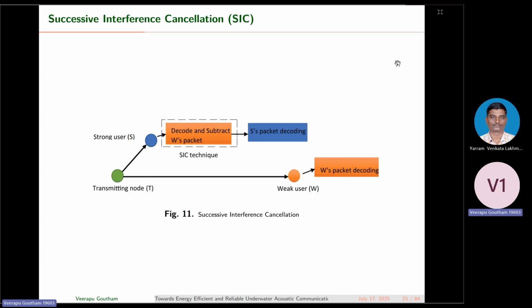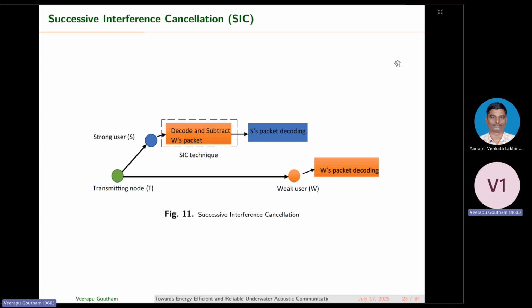Okay, but the near user can receive the high-power signal as well. What he does is first decode the high-power signal. Whatever A is there, he will decode first. Then that signal is subtracted from the whole signal, and he will decode B. This is called successive interference cancellation. First, it will decode the high-power signal, then subtract it from the total signal, then from the remaining signal decode the small-power users, like the near user's own signal.